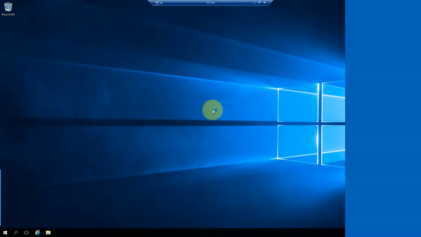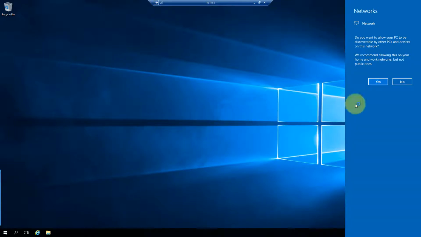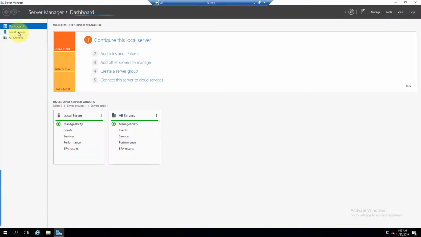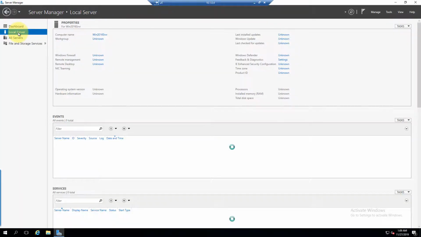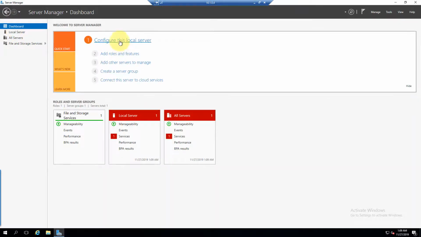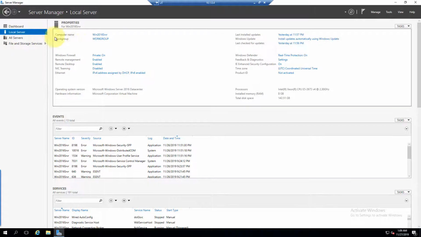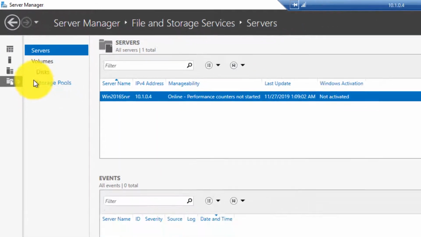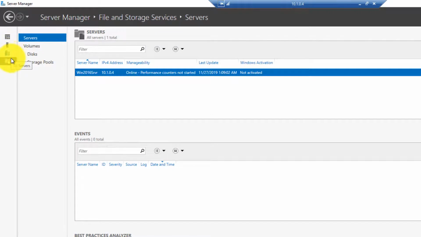All right, and that's going to help solve some problems that we were looking at before in lesson 1, in section 1. And I go to local servers. And sometimes I have to work this thing a little bit. So configure local server. Here we go, file storage. When you see the file storage,